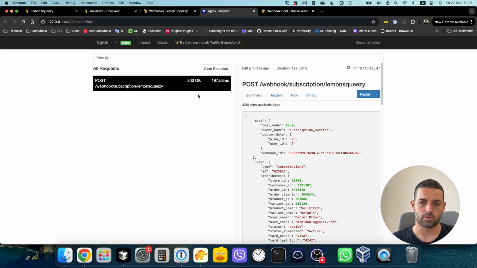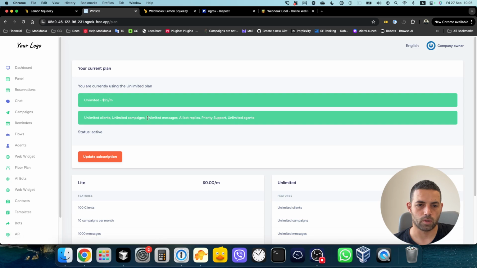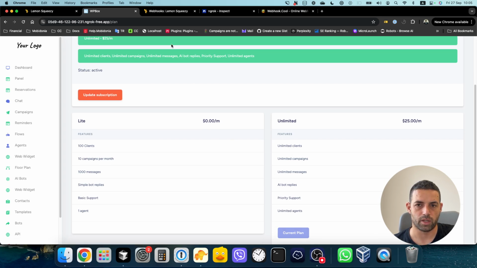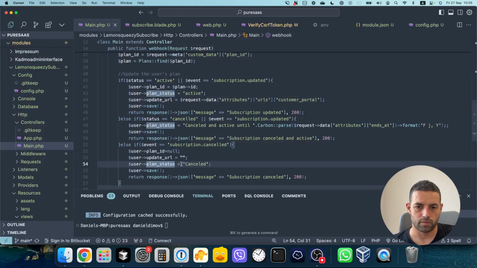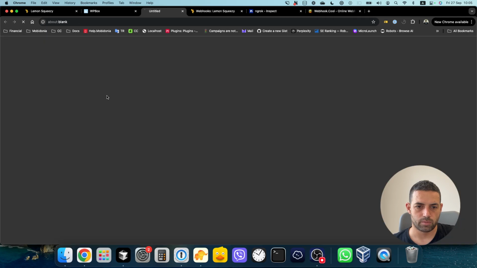Lemon Squeezy tries to resend the same webhooks again, and if I now go back here, what I will see is I'm currently using the unlimited plan, and I can update the subscription, and this is my current plan. So this is great. We have fixed the code here. And if I now click on update subscription,